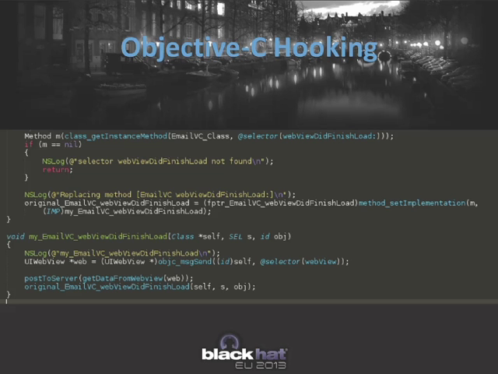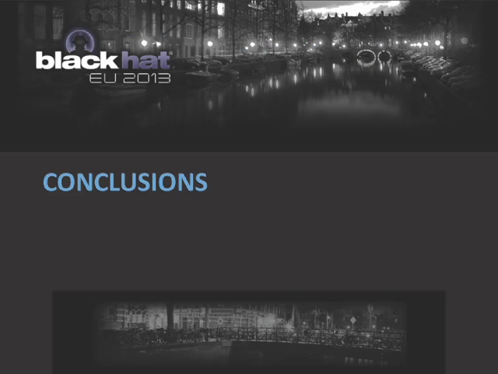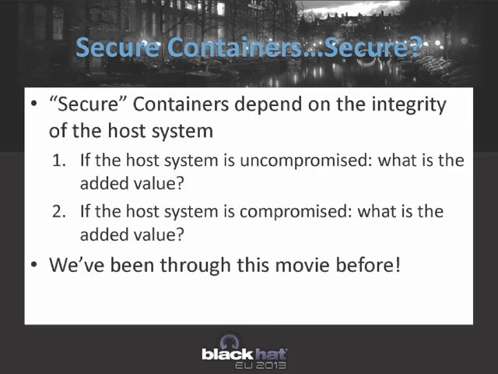And then we call the original one, and this allows us to basically stand in the middle using the hooking mechanisms for iOS. Now, what we need to remember here is that the secure containers depend heavily on